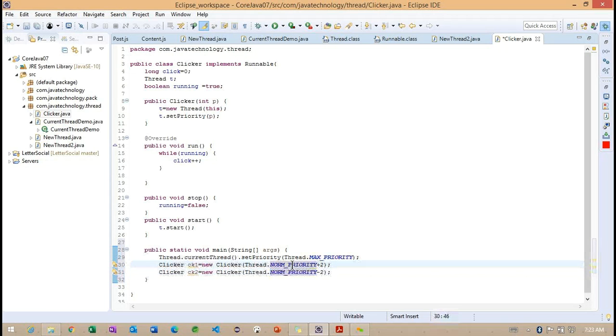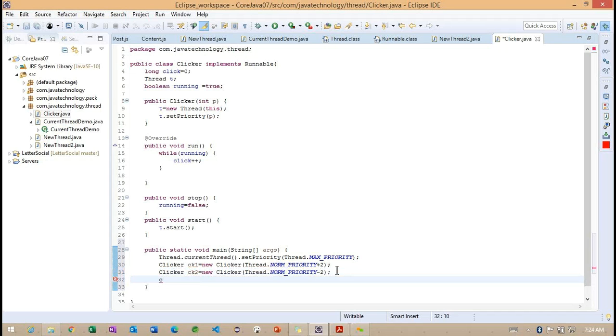Getting the point? This norm priority has the value 5, so based on the addition we get 7, and based on the subtraction we get 3. This is the way we create the priority related example here.